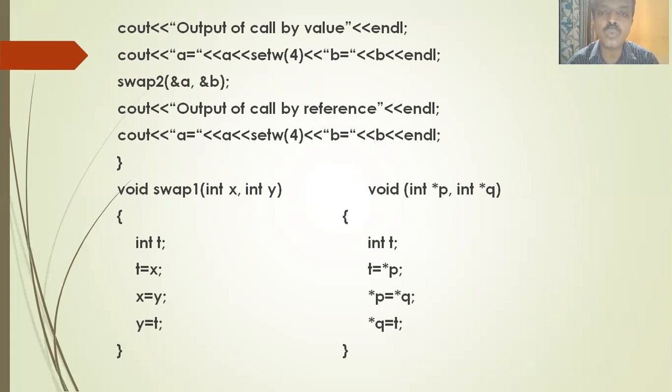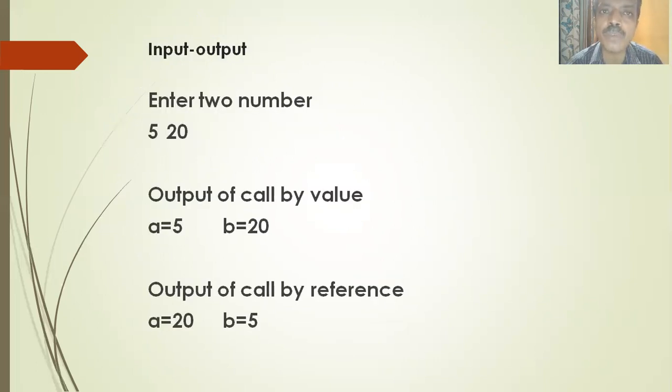So here I've written the two functions swap1 and swap2. Void swap1 int x comma int y. So A's value is received by x and B's value is received by y. Then int t, you declare an extra variable called t, then t equal to x, x equal to y, y equal to t. So inside the function, you are exchanging the values of x and y. The moment you quit that function, x and y are destroyed. So any changes to x and y have no effect on A and B. So after coming out of the function, in the case of call by value, the value is not altered. The input is 5 and 20, output is also 5 and 20 only.